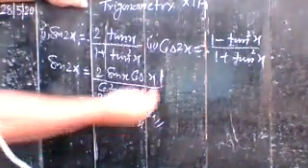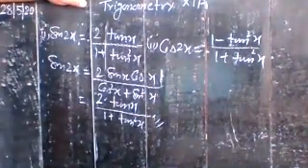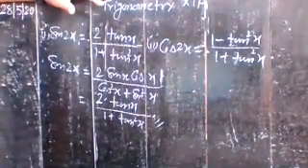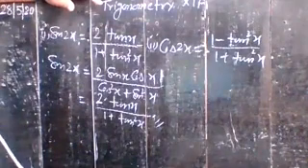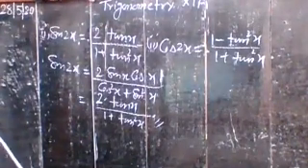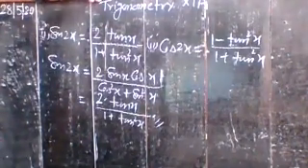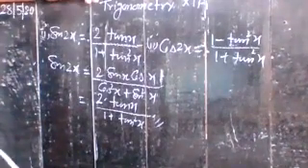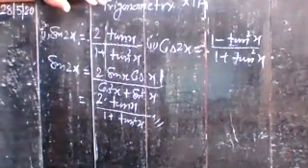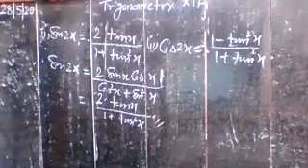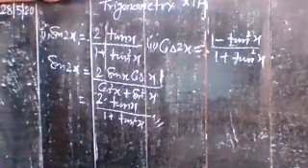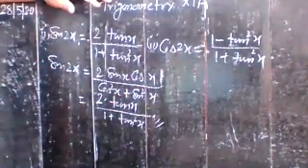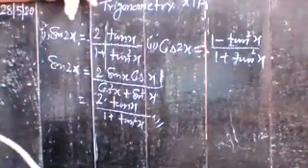In the same way you can prove the second identity also, which is cos 2x. You can write cos square x minus sine square x, you know about it, divided by cos square x plus sine square x, and dividing numerator and denominator by cos square x, you have the proof of this identity also. Okay, so note this one.